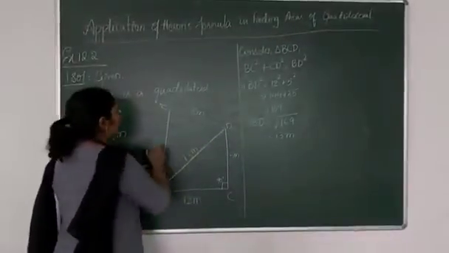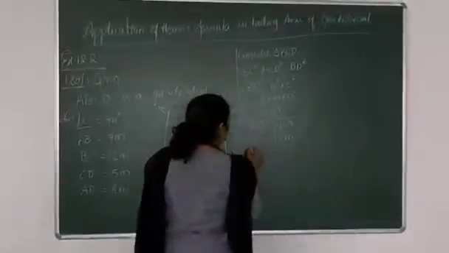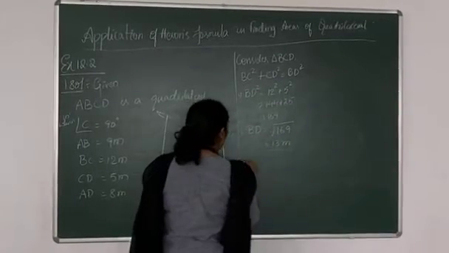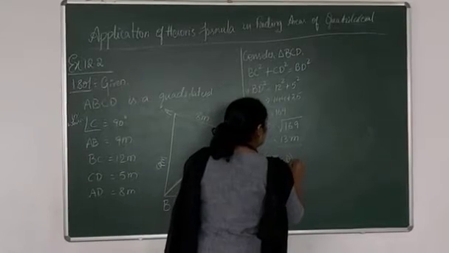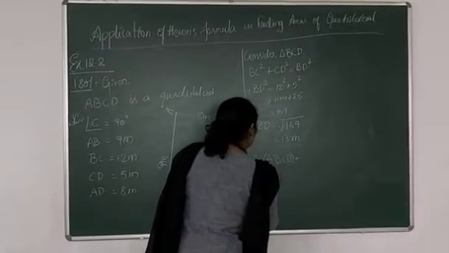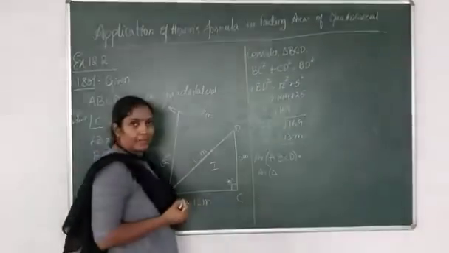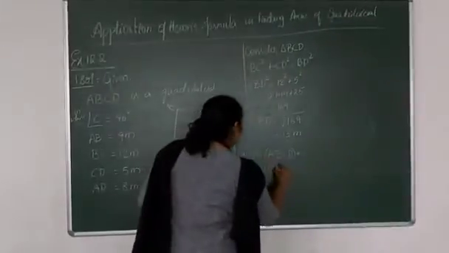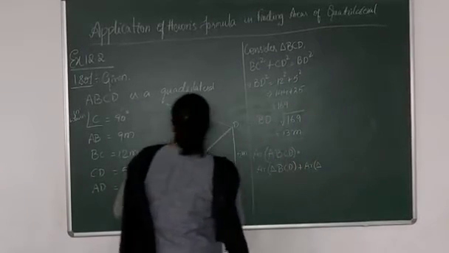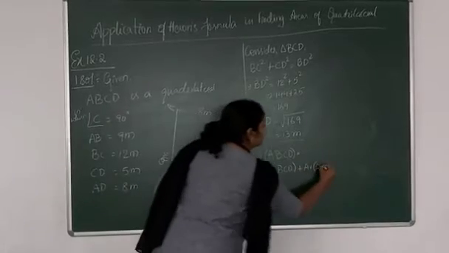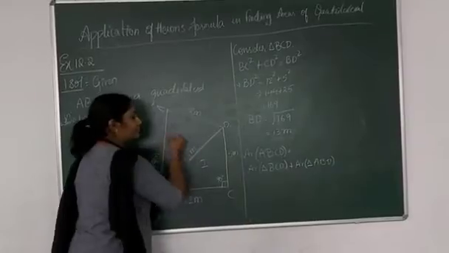Now let's try to write the total area is to be found out, right? So I will write it as, now this is part of the solution, that's all. Now area of quadrilateral ABCD is equal to area of triangle BCD. Let me call that as part 1. Okay, area of triangle BCD plus area of triangle ABD. I am calling it as part 2.